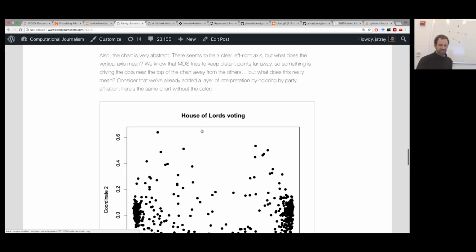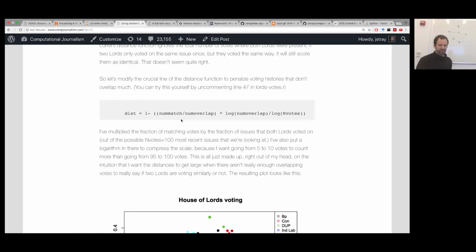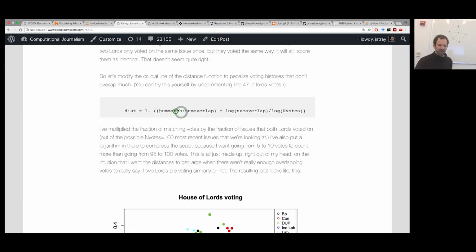If we change the distance function, so I modified it rather than just the number of votes where they overlap, I'm modifying it by this factor, which is, okay, but how big is the overlap? And I'm taking a log here just to try to squish the scale a bit. You can start to see sort of how